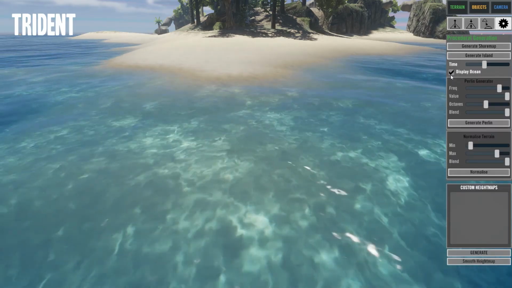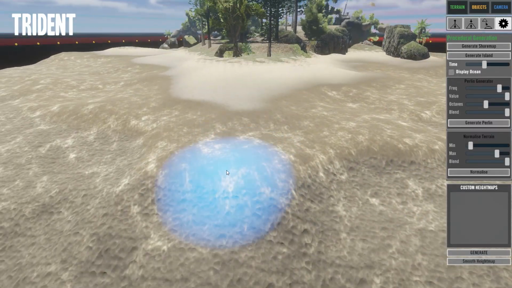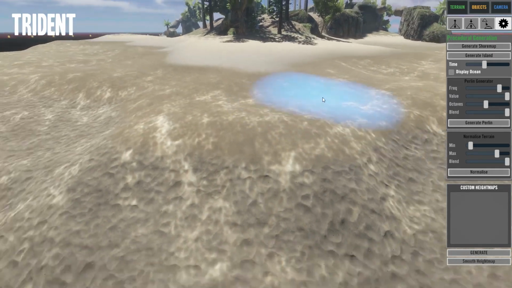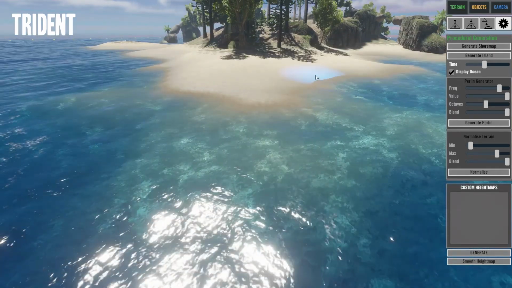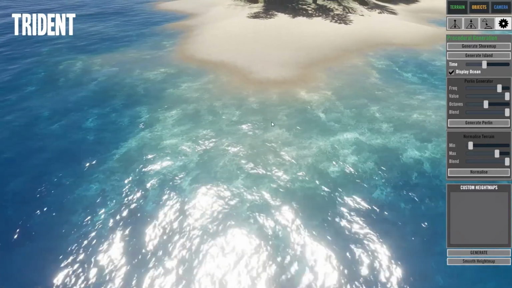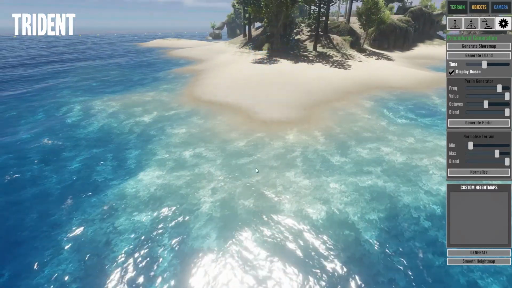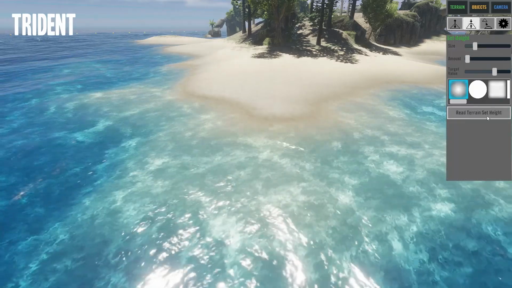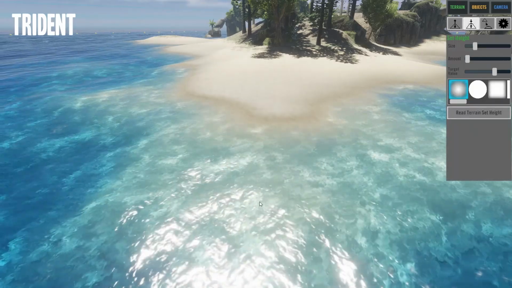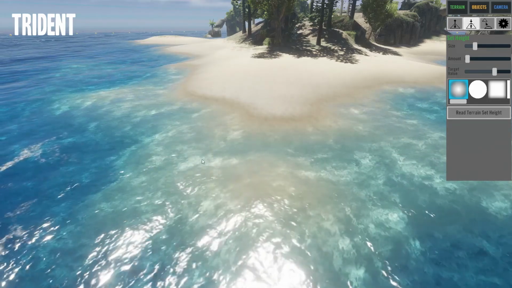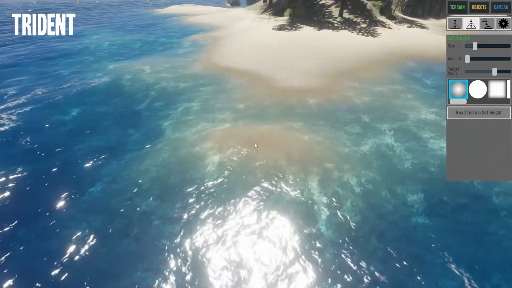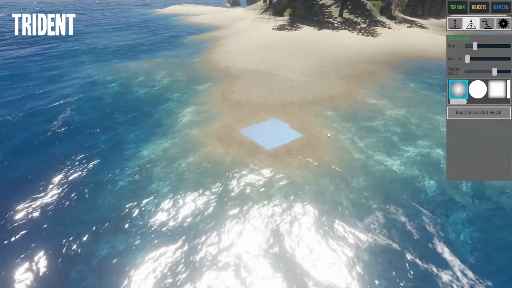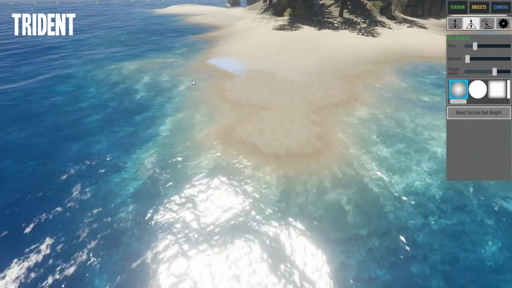We could turn the ocean off and just paint out if we so wished. But I'm not going to do that. I'm going to leave the ocean on, because I want to see when the sand starts breaching the surface. So make sure we do have the set height brush selected, because that is a fun one. Then just brush out this way and brush in a little bit. I just want a little bit of a peninsula thing going on, and then there you go,